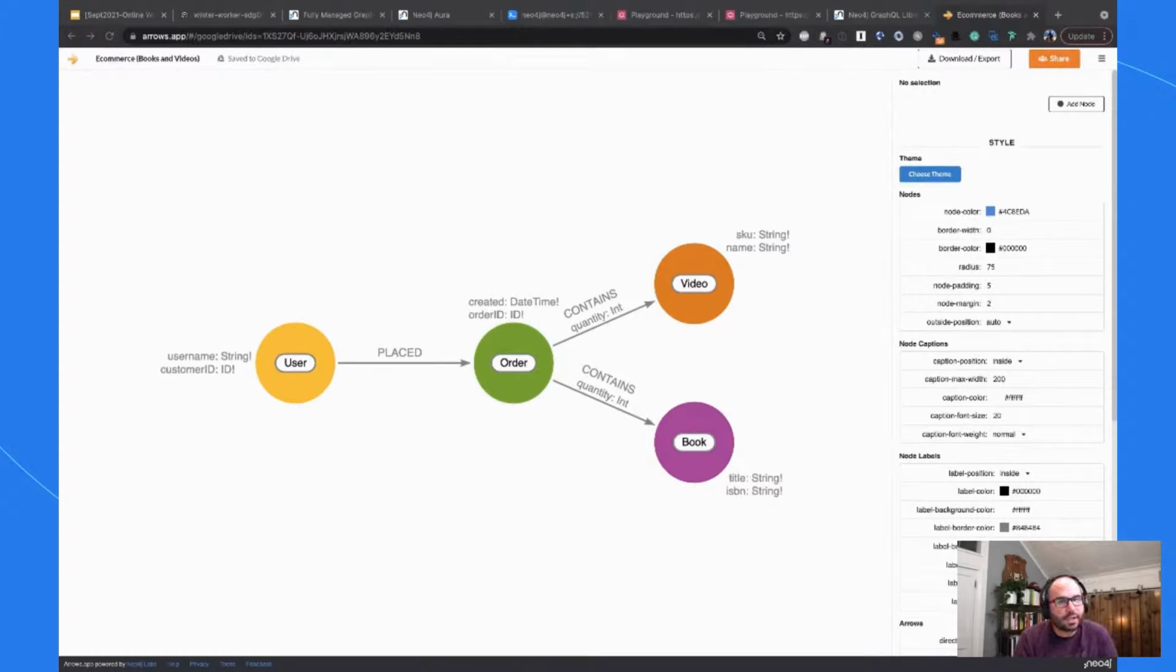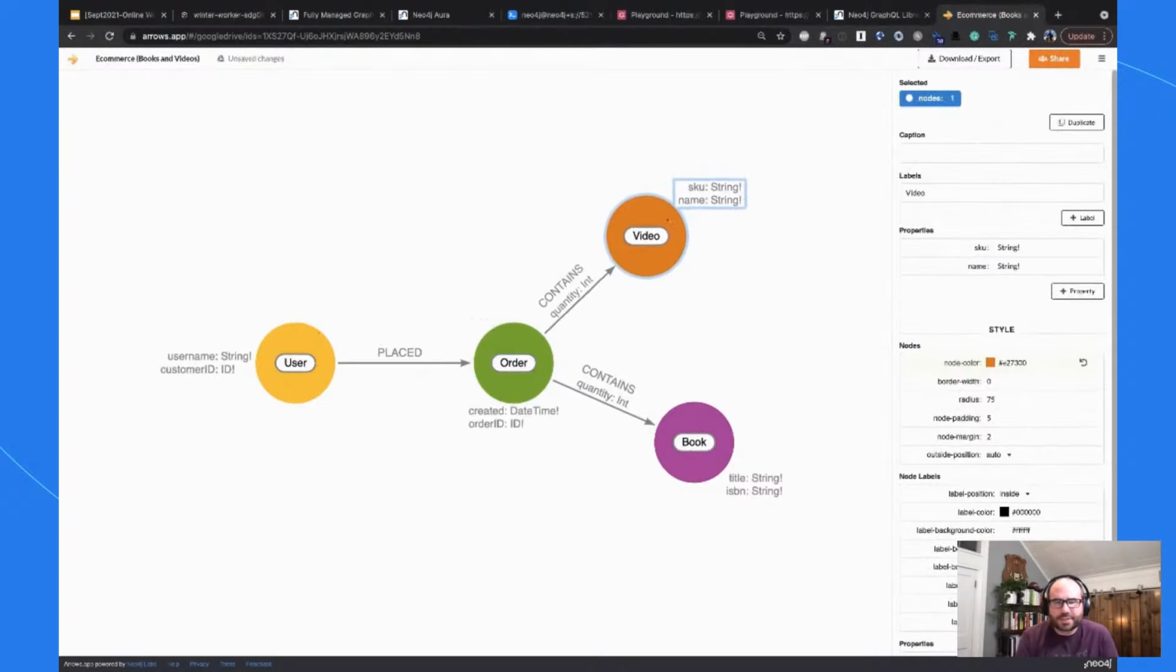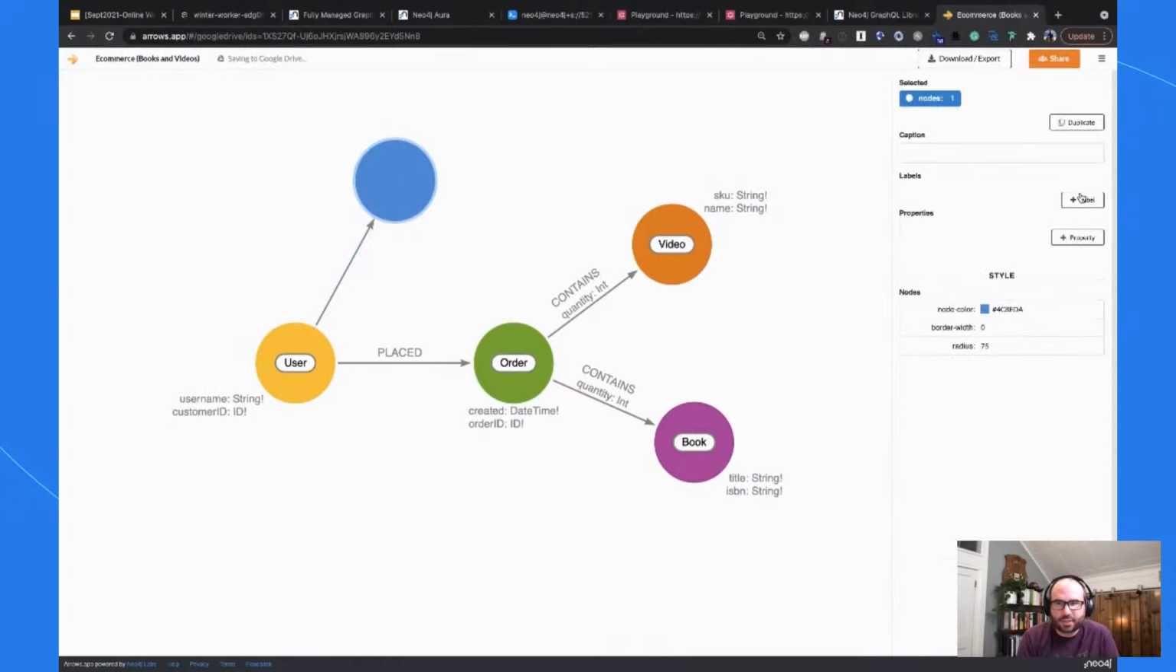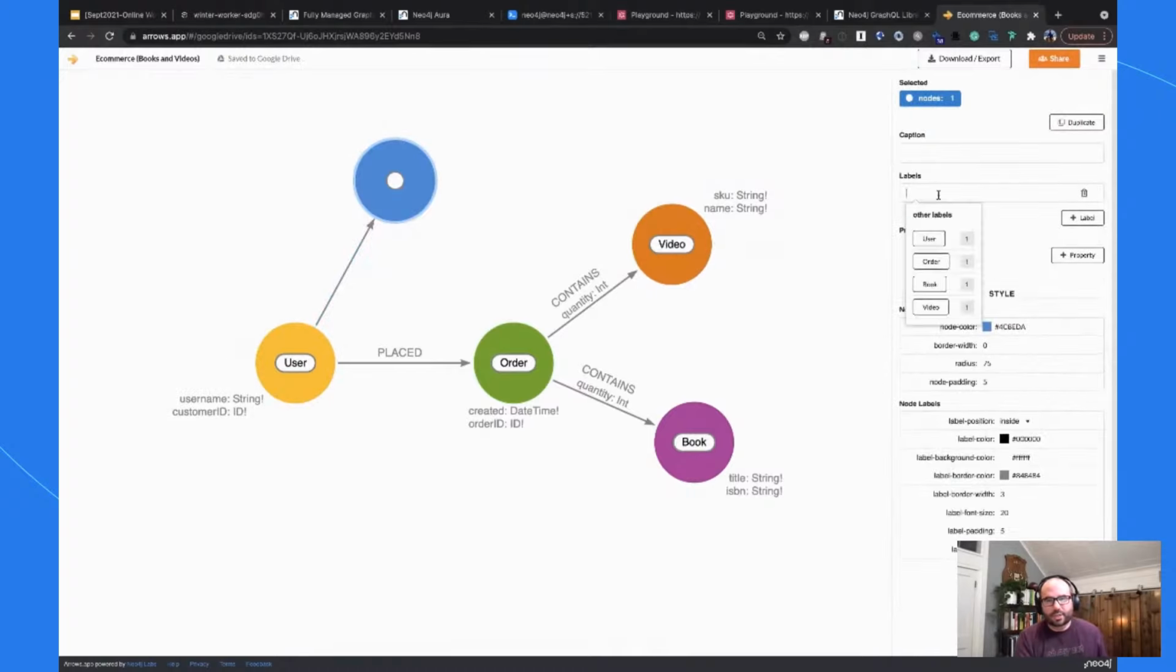So Arrows, this is not the current project we're working with. This is, I think, from a previous one. But Arrows allows us to draw these diagrams. So I can draw these visually and attach labels,